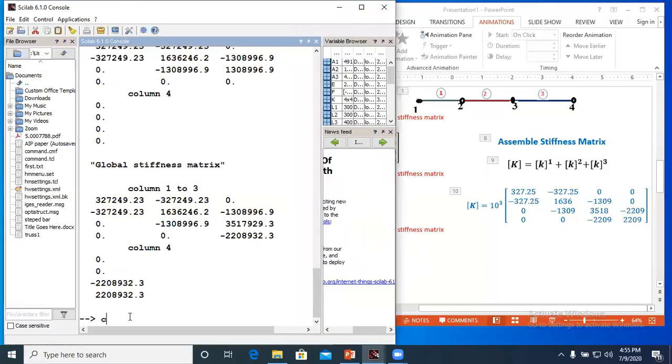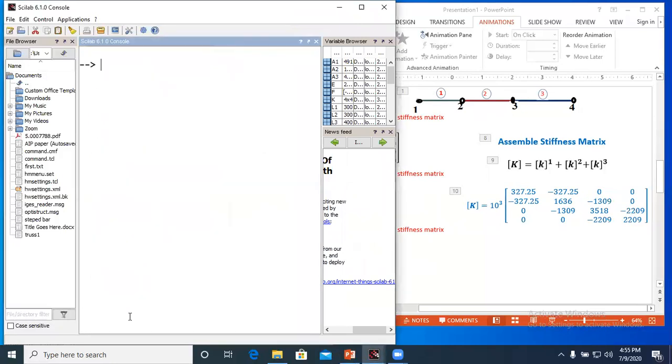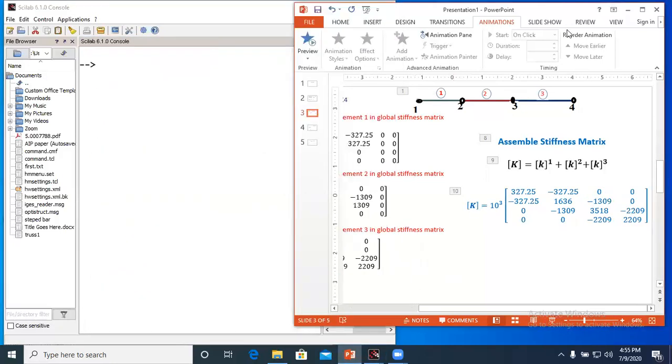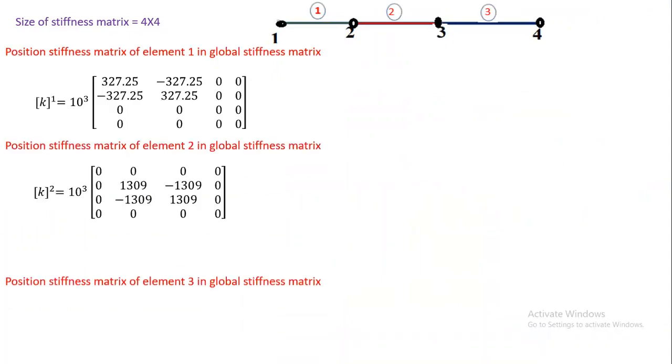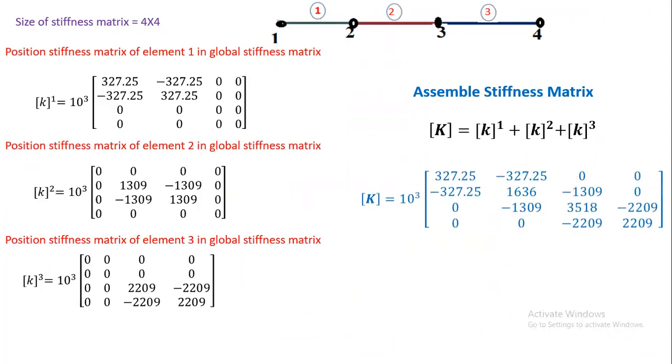Now I will clear this. Next step, after calculation of the assembly, what you have to do is write the finite element equation. For the finite element equation, k into u is equal to f, that is the finite element equation.